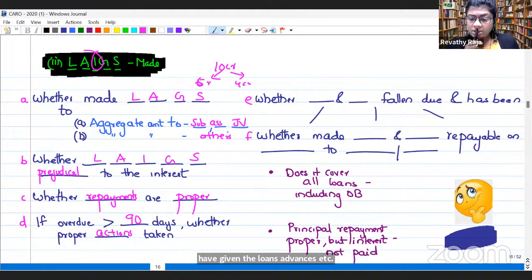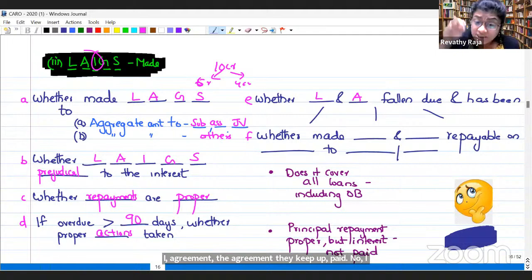Are we all connected? Can we go to E? Now, whether loans and advances have fallen due during the year. Always we give loans by agreement. In the agreement, they keep a date. Now, assume this is the date on which the loan should be fully repaid. Instead of that,